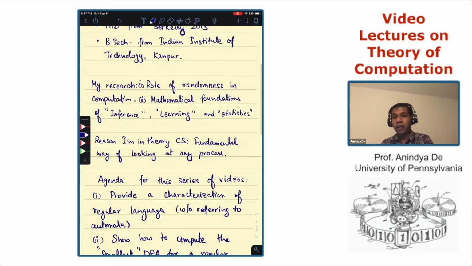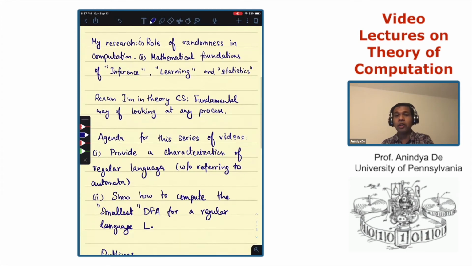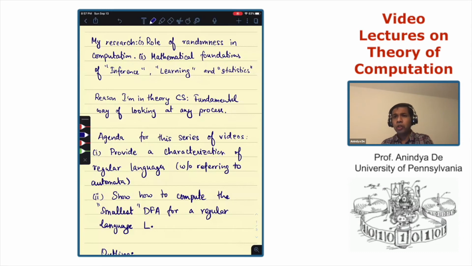And then the Myhill-Nerode theorem will also give us a way to compute the best DFA, the smallest DFA, for any regular language. In other words, given a regular language, we will show how there's a unique best DFA to compute that language, and also a way to find such a DFA.